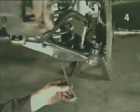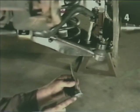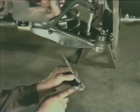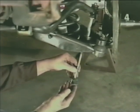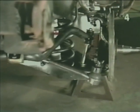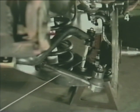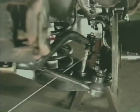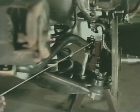With the sway bar loosely mounted to the chassis, we want to install our link bolts. First, install a washer and a bushing on the link bolt, then the link bolt is installed going up through the bottom of the lower control arm, followed by another bushing, a washer, the distance piece, a washer, a bushing, through the sway bar, and with a final bushing,